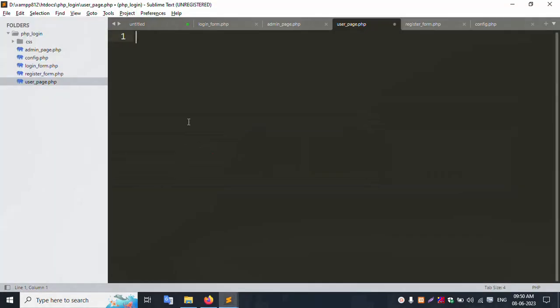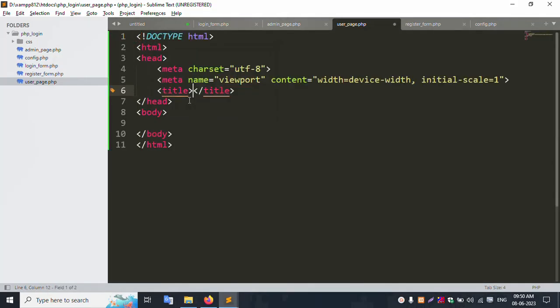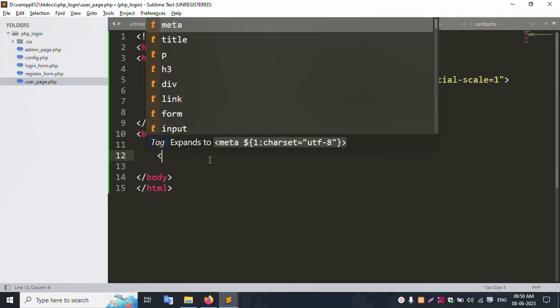Let's start the user page. HTML start, user page. Save file and refresh this page. Successfully, user page title, good, working. All set. Div